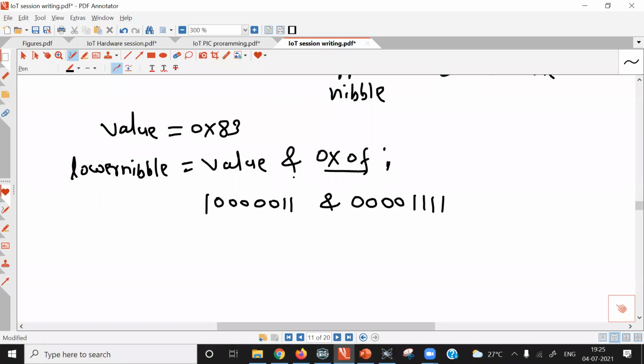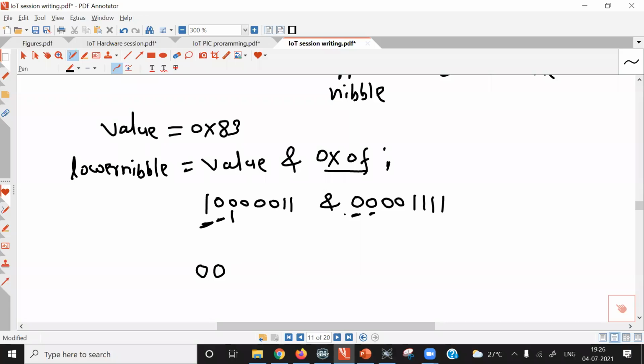This single ampersand indicates bitwise AND. So the first bit of the value and the first bit of 0x0f will be ANDed. AND of 1 and 0, what is the result? The result is 0. Then AND of 0 and 0, and AND of 0 and 0, the result is 0.